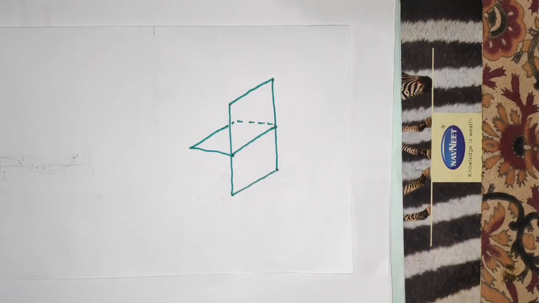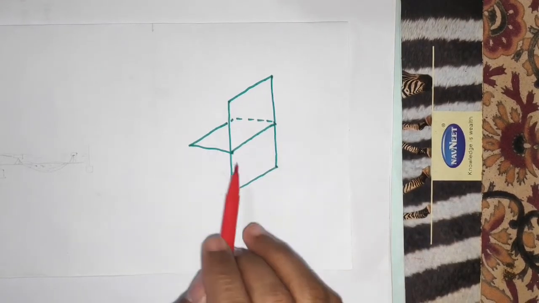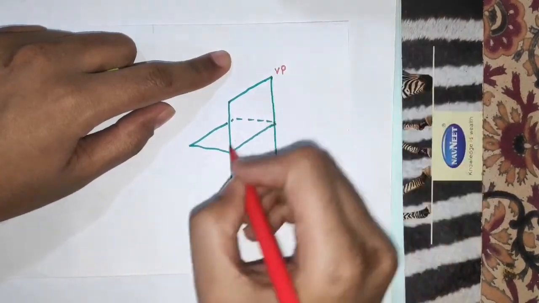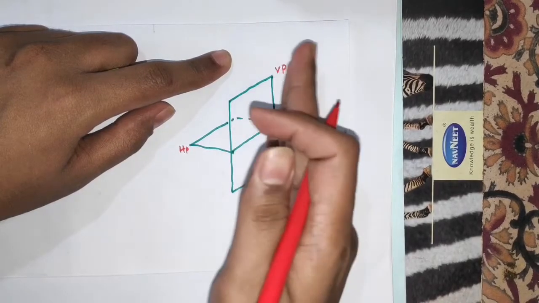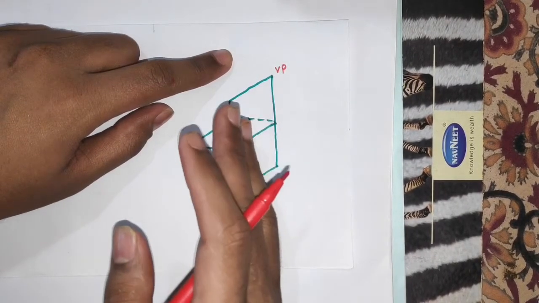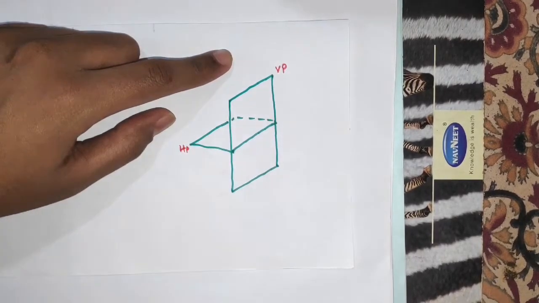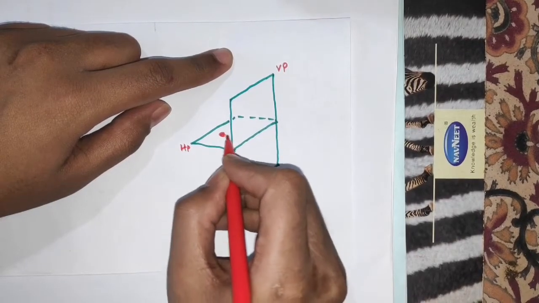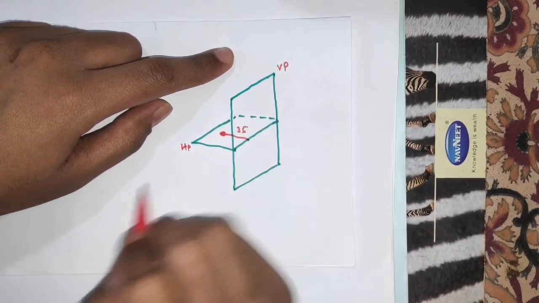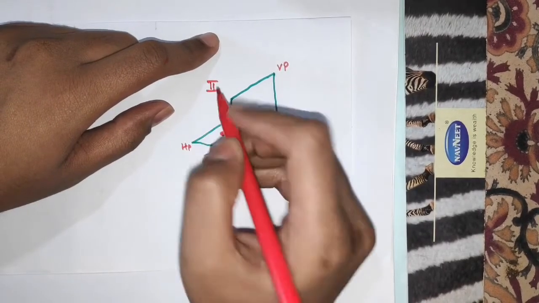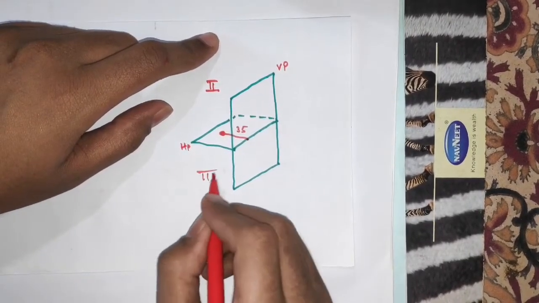So this point is behind VP means either it can be behind this VP or behind this VP. So anywhere behind this complete VP, because this is my vertical plane and this is HP. So anywhere behind this complete VP the point will lie. So it is 30 mm behind VP, but it is on HP. So somewhere on HP at a distance of 30 mm from VP this point is located. So we can say either this point is in second or this point is in third.